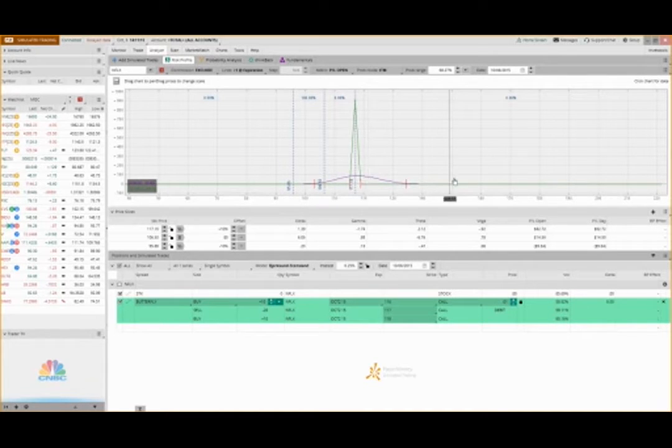Anything above 118, you're going to be at a loss. Anything below 116, you're going to be at a loss. And your total loss will be the amount you paid for this spread. But the difference is you can see that here at a penny, and even if it was 2, you'd be losing about $20. That's what your maximum risk is. But your potential profit is much, much higher here,